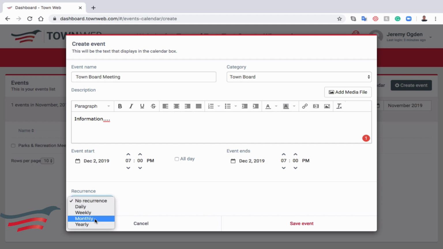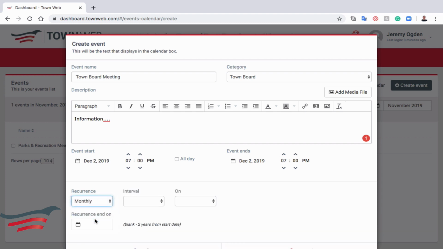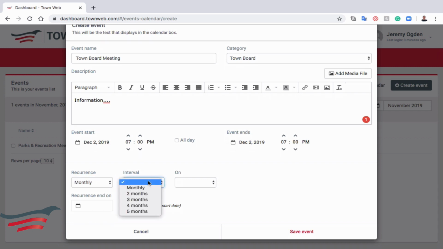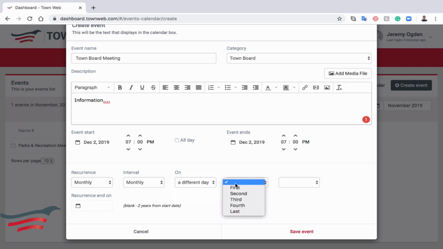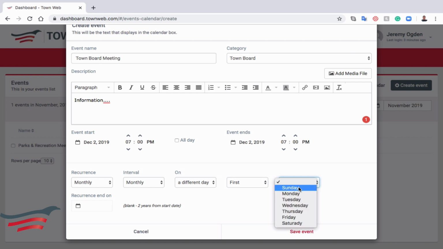Recurrences are when we want to automatically repost the event without having to create a new one every single month. So for town board meetings, for instance, we might hold our town board meeting the first Monday of every month. So let's put a different day. It's really a different date. Let's say it's the first Monday